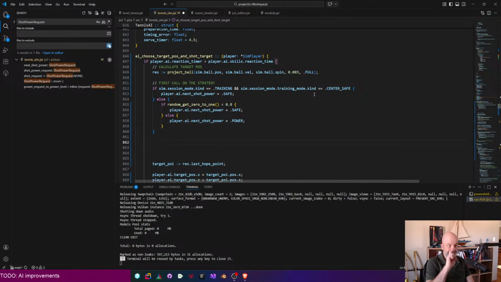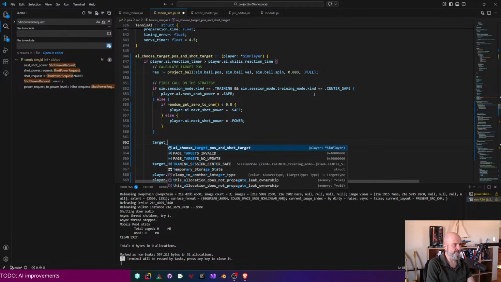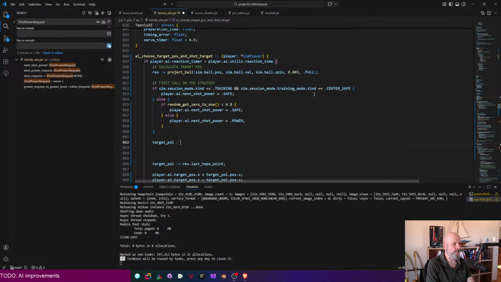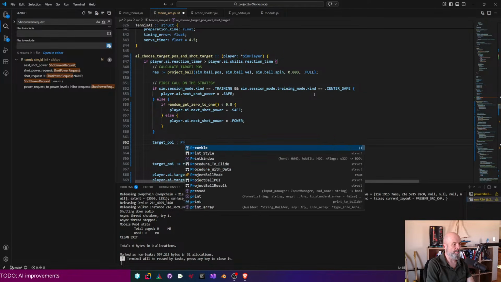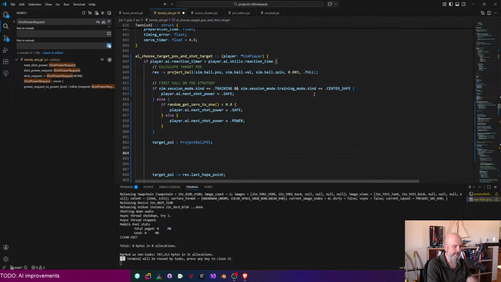Good. Then we're going to have a target point of interest, which is project ball point of interest. Okay. And then we're going to do if player AI next shot power is,